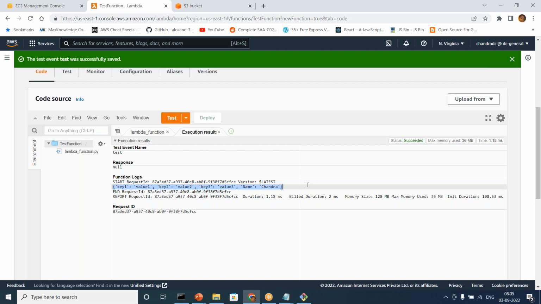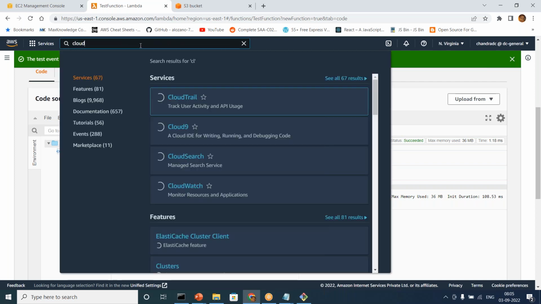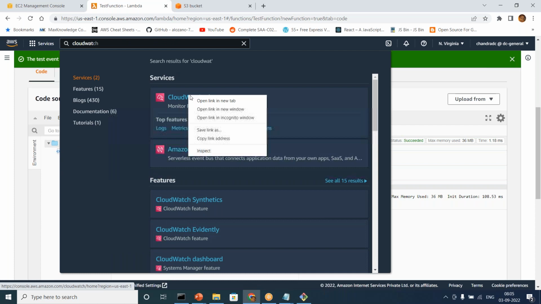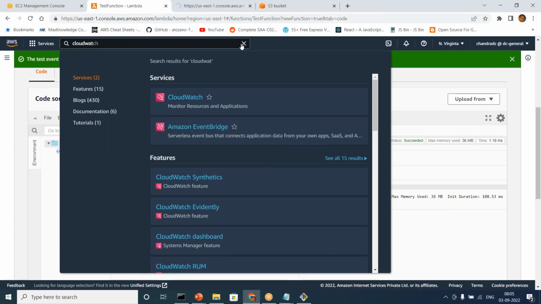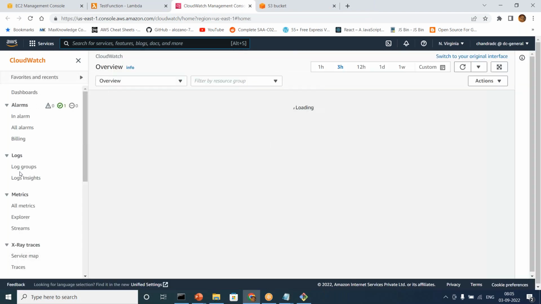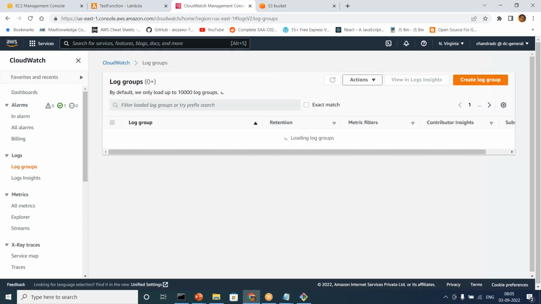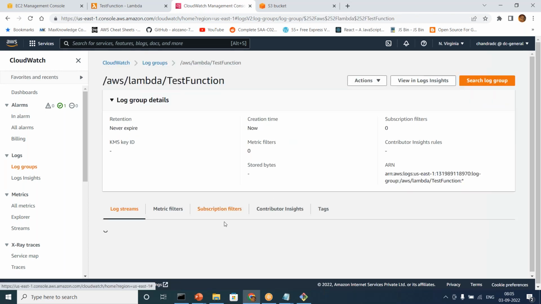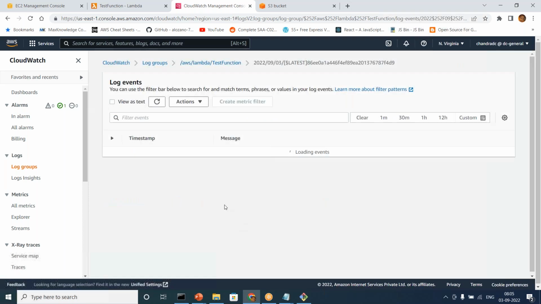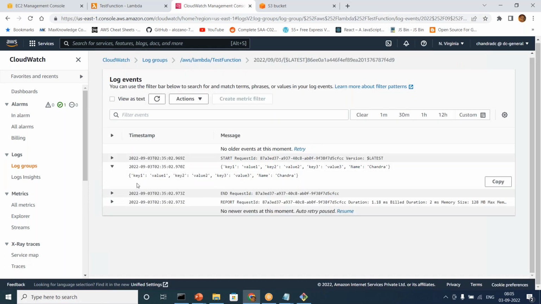Now, what will happen when we run this, right? Normally, whenever we run this, a CloudWatch event will be triggered. And if you go back to the CloudWatch, you will be able to see the logs getting created there. Go to CloudWatch and automatically a log group will be created on those function name. See here, test function, click on that, click on the stream and see here, this is the value that